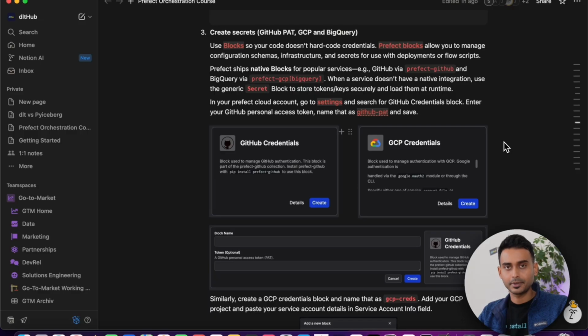Our third step is to create blocks for our credentials. You should never hard code your credentials in your data workflow. And Prefect Cloud provides a secrets manager called blocks. So let's see how to create blocks to store our credentials. Firstly, let's log into Prefect Cloud